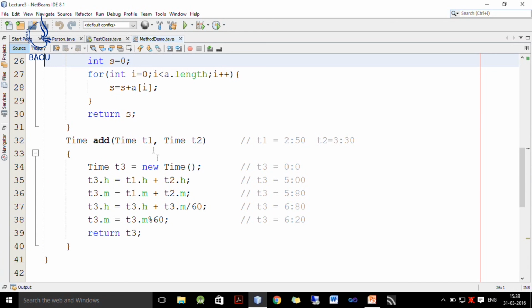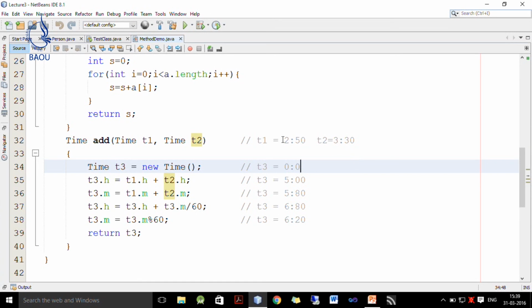Now, I want to add two times. So, here t1 has two components h and m. h represents hour of t1 and m represents minutes of t1. Similarly, we have t2.h and t2.m which represent hour and minutes of t2 respectively. Now, assume that t1 is initialized to 2:50 and t2 is initialized to 3:30.